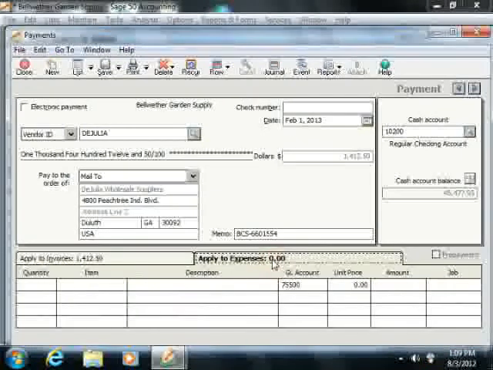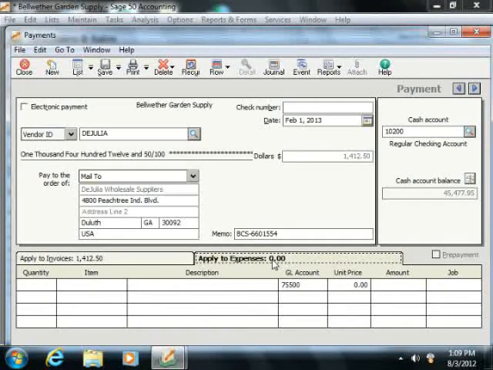Now, you would use the Apply to Expenses tab that appears at the bottom in the line item section of this window to enter payments to vendors that are not associated with any outstanding invoices or purchases. So you can use this tab to enter payments that don't involve bills and to make cash purchases. Note that if you select a vendor in the area above that doesn't have any outstanding invoices, this tab will automatically come forward. You can also check the prepayment checkbox that appears on this tab to create a vendor prepayment, which can later be applied to one or more invoices for that selected vendor back on the Apply to Invoices